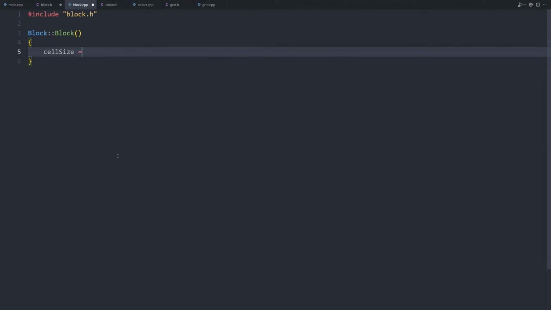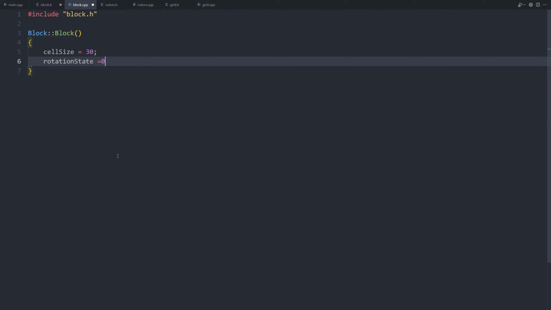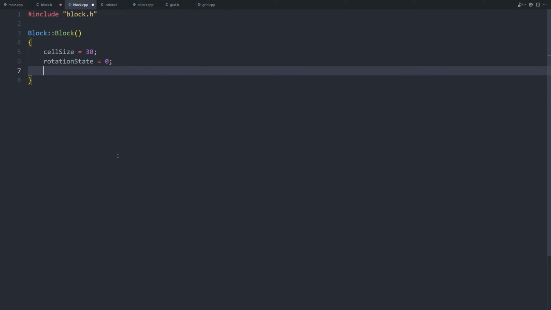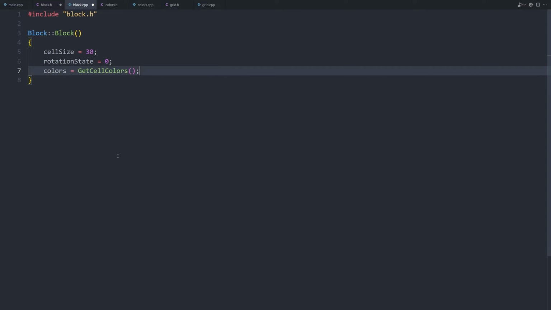Cell size is equal to 30. We will also initialize the rotation state. Rotation state is equal to 0. Lastly, we will initialize the colors vector. Colors is equal to GetCellColors. Perfect. That's it. We now have a vector containing all the colors we need to use to draw a block